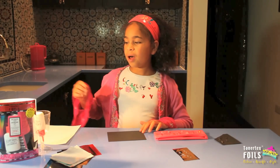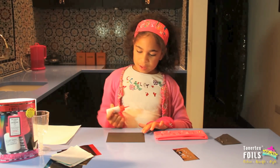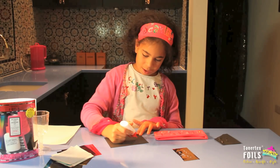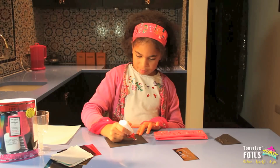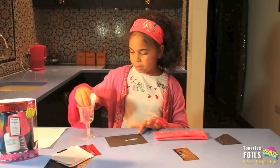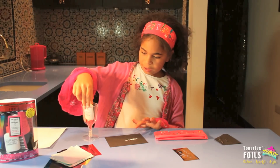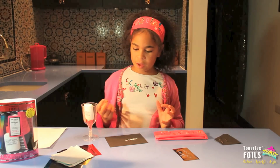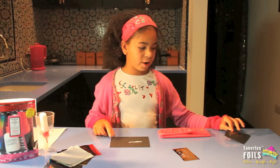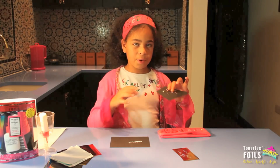Before I start, I'm just going to do a little squiggle to practice with my glue to see how it goes, to make sure there's no bubbles. Also, I'm going to use this glass, which is helpful because I can put the glue upside down so there are no air bubbles when you're using it. You don't want to ruin your headband. You've got to let it dry. It takes a few hours, and you'll know once it's dry because it will turn see-through